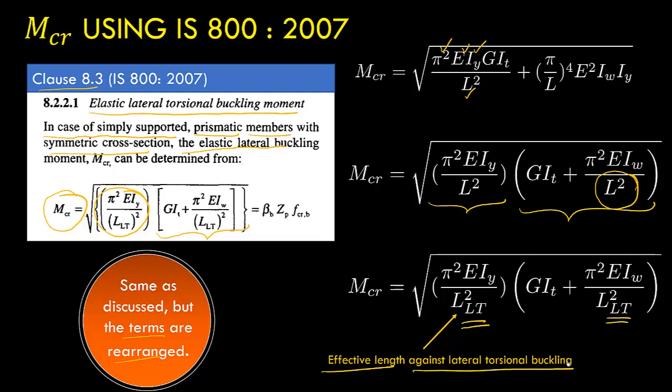So in this video we have seen how to derive the expression for critical moment for lateral torsional buckling, what the significance of the different terms that occur in the MCR expression is, and what the provisions given in IS 800